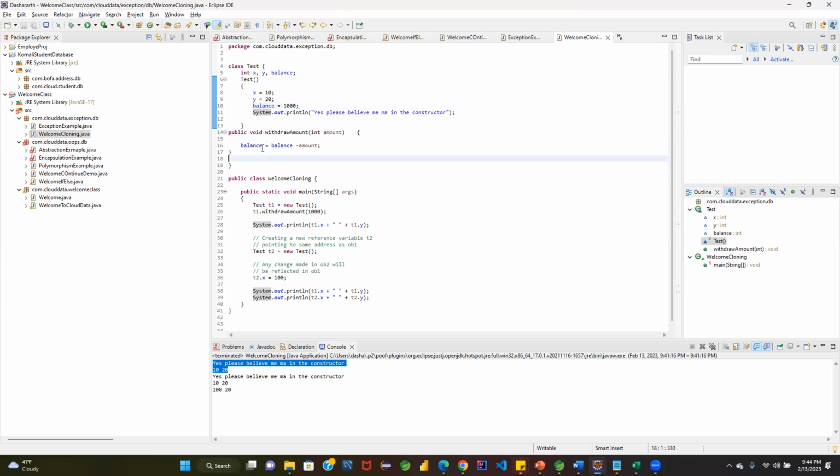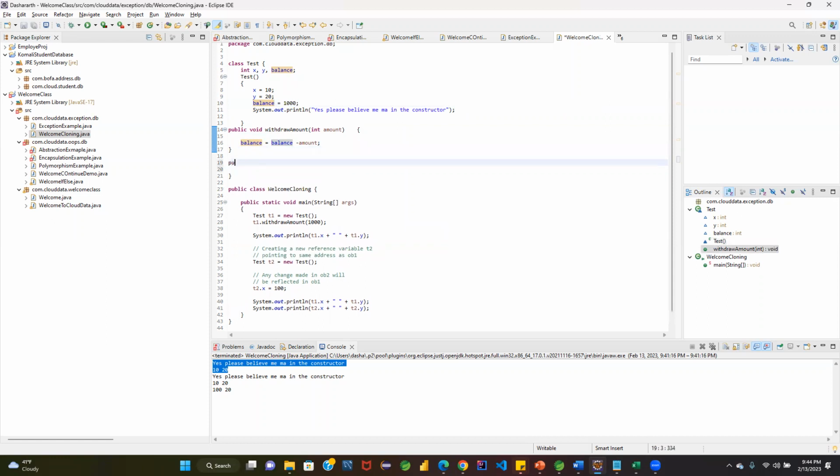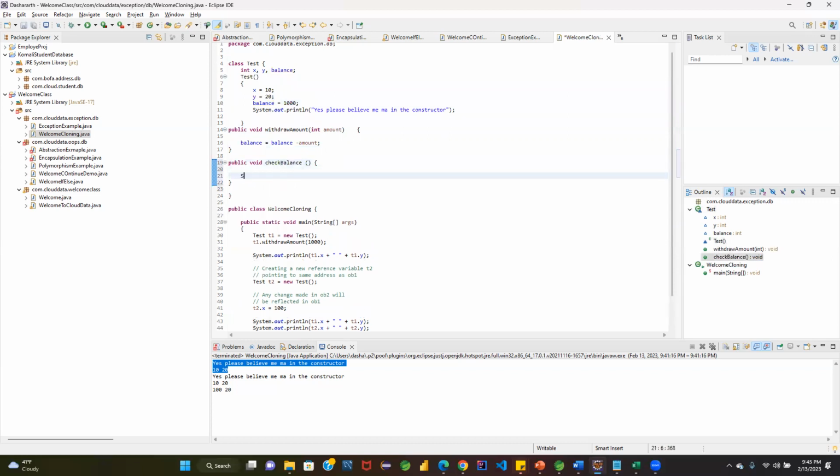Now just assume this is 1000, right? So now I wanted to see, there was another method. Just assume I want to check my balance. Check balance. This is a real-time example, no? Obviously. So now I'm checking the balance. My balance is